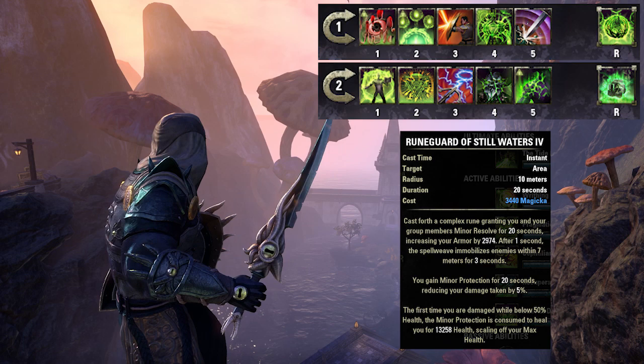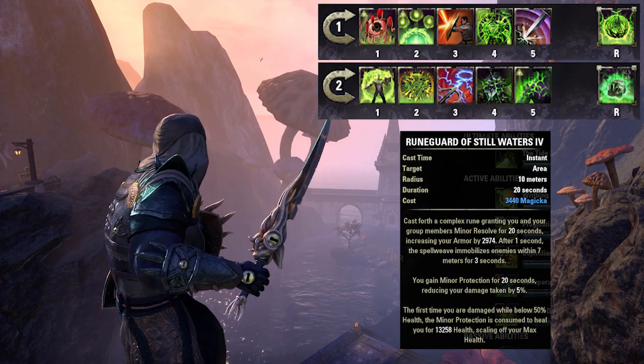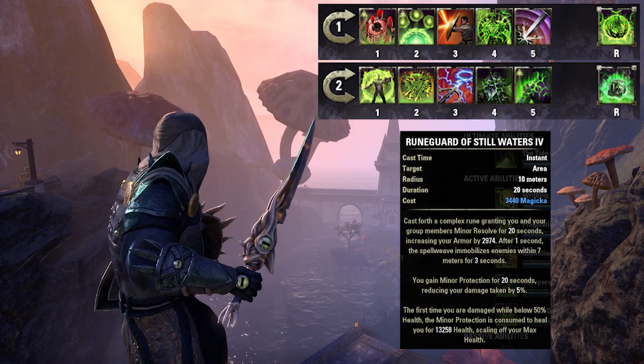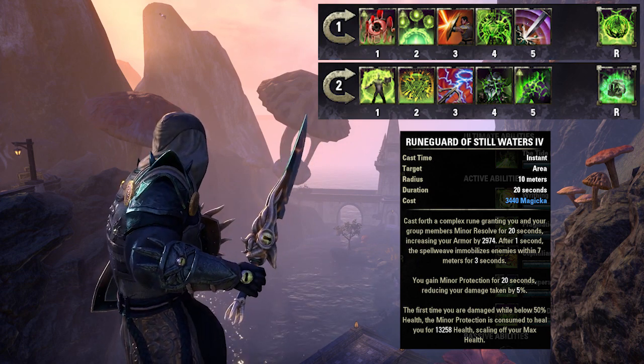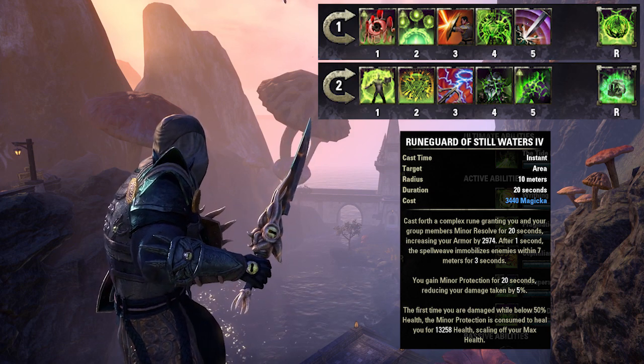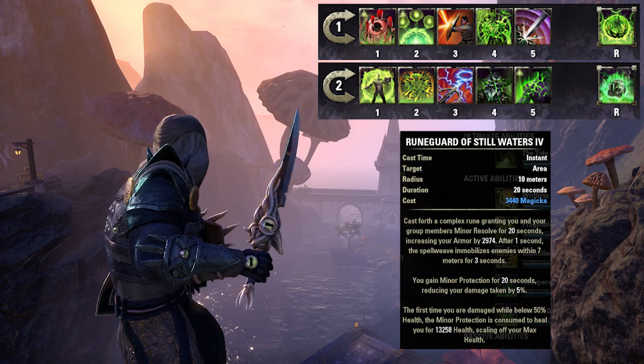Rune Guard of Still Waters has a lot of features. This provides minor resolve to you and your group, immobilizes nearby enemies and provides minor protection to you, which, if you take damage below 50% health, is traded for a strong heal. If you have a healer using combat prayer, consider this to be a flex slot and maybe use something else